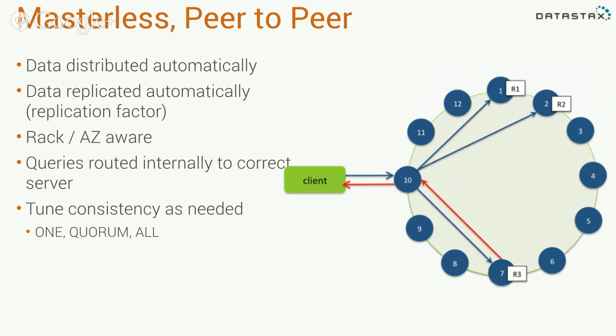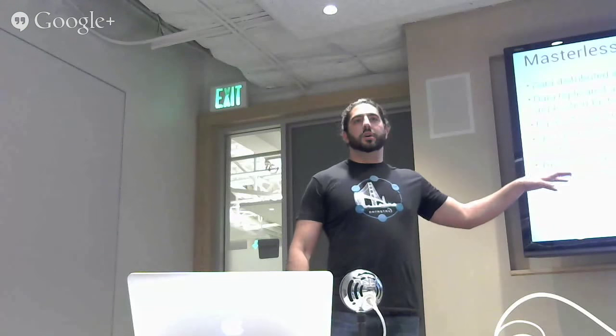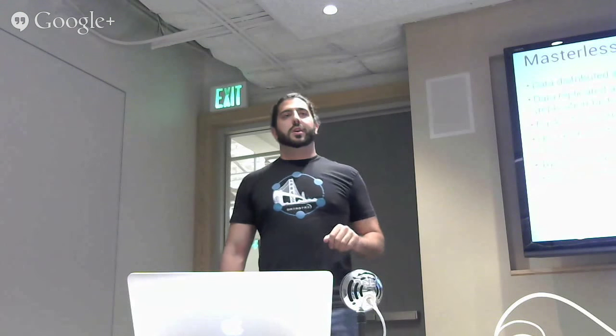The reason why this works is because Cassandra is a masterless peer-to-peer system. Your data is going to be spread out around the cluster, and it's distributed automatically. You don't have to worry about where it goes, and it's replicated automatically as well. You give it rules as to how you want it to replicate. For instance, if you've got 3 racks in your data center, you can say, I only want 1 copy of each piece of data in each rack. That way I can lose a whole rack, and everything will be fine.